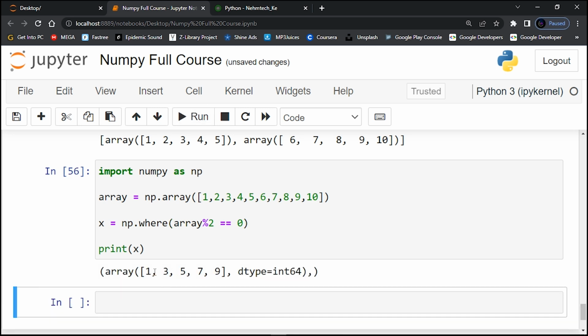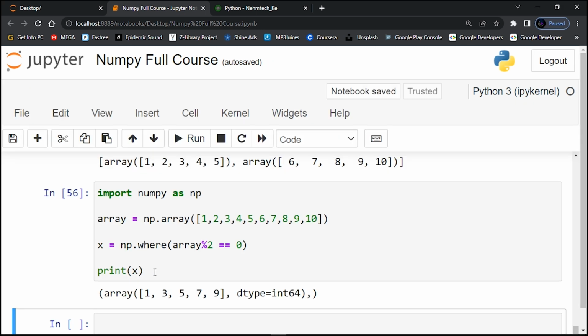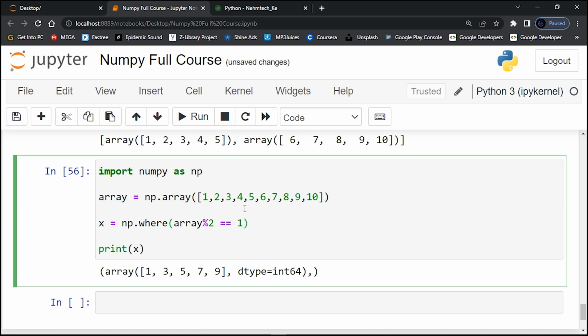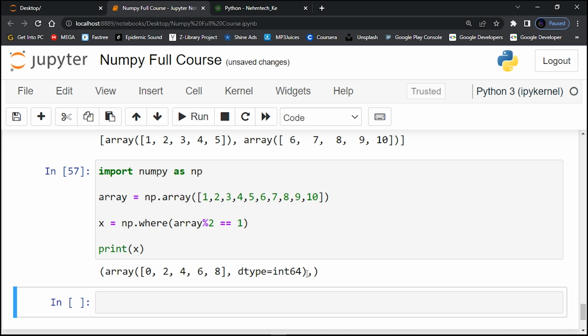You can see it returns the even values. The other way around, for odd values, should be 1. You can see it returns